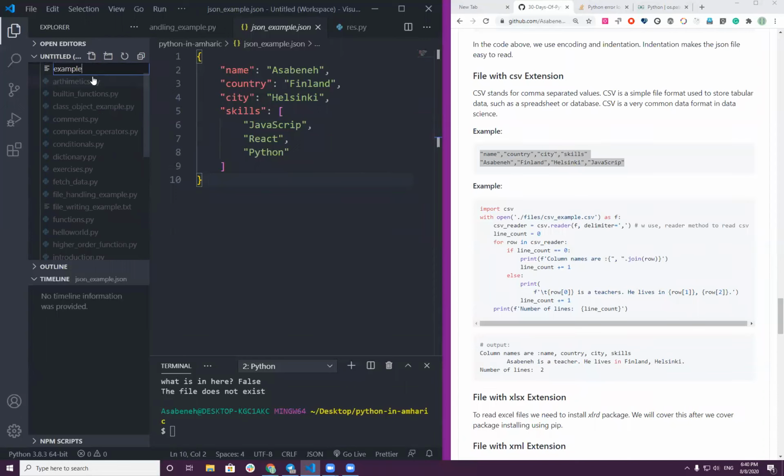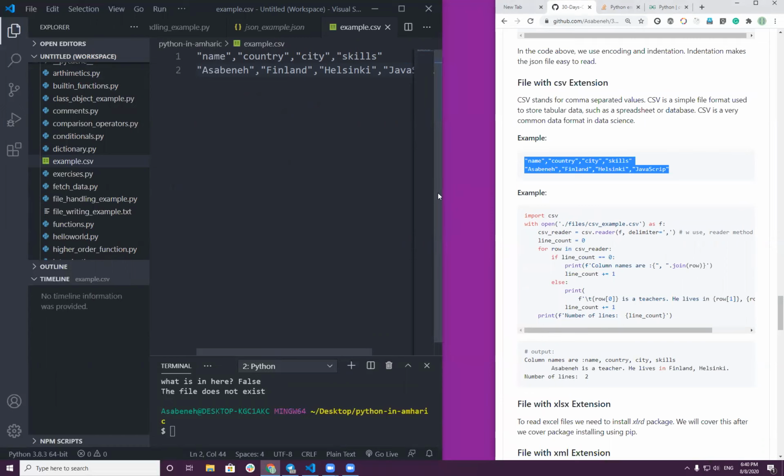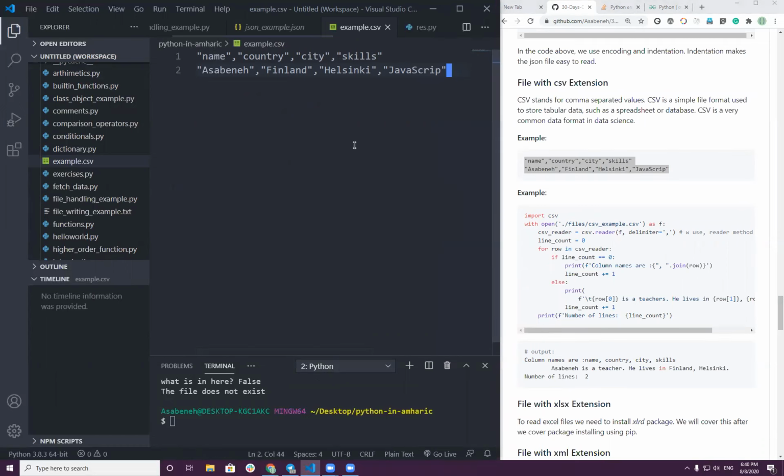dot CSV ማለት comma separated values ማለት ነውና ልክ እንደ ቴብል ነው። አሁን ይሄ ኮለም ነው ማለት ነው፤ name column, country column, city column and skill column. name ሳቤና ፊንላንድ ያለ ይቀጥላል ማለት ነው። ለምሳሌ ብዙም ለማድረግ ከፈለግን